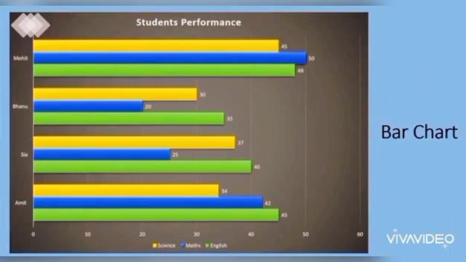Now, this is a bar chart. A bar chart displays data in the form of long rectangular rods, also called bars. They are placed vertically or horizontally. The main difference between a bar chart and a column chart is that in a bar chart, the categories are represented on the vertical axis, that is the y-axis, whereas values are represented on the horizontal axis, that is the x-axis. So in the column chart, the category axis was on the x-axis and the value axis was on the y-axis. Here it is the reverse of that.